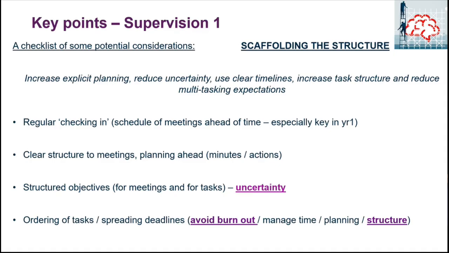In those situations, it might be more relevant to say, okay, we're not going to write down anything during the meeting, but at the end of the meeting, for the last 5 minutes, let's come up with 3 clear bullet points of what we've discussed. Or it may well be that the supervisor says, okay, I'm going to jot down 3 points of things that we've discussed after the meeting and send them to you. Again, these are just ways of making sure everybody's on the same page of what's come out of that meeting and any actions that have been determined, but also about enabling the student to be fully present to discuss the issues during the session.